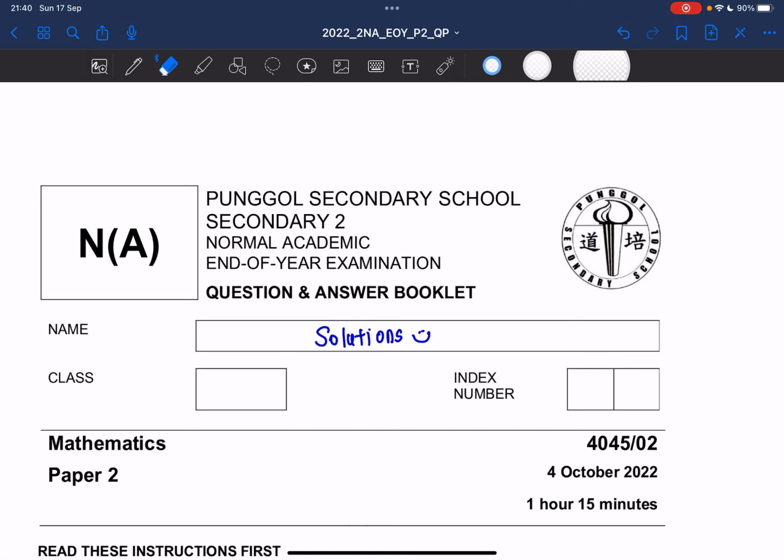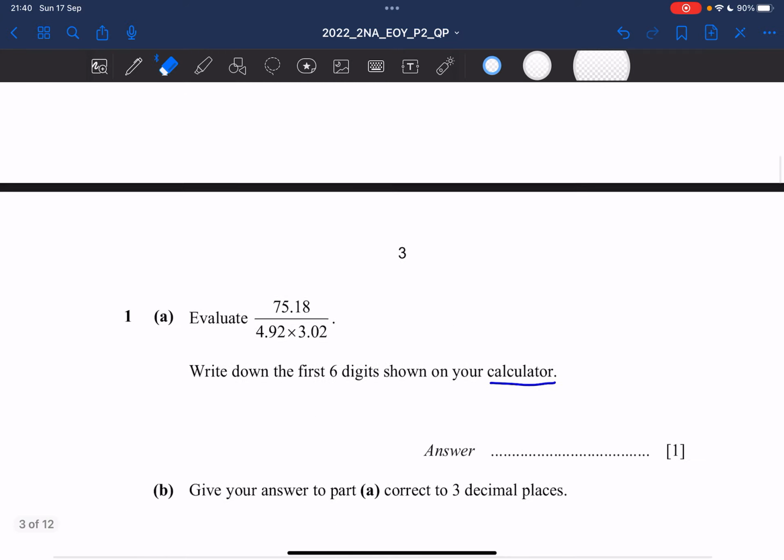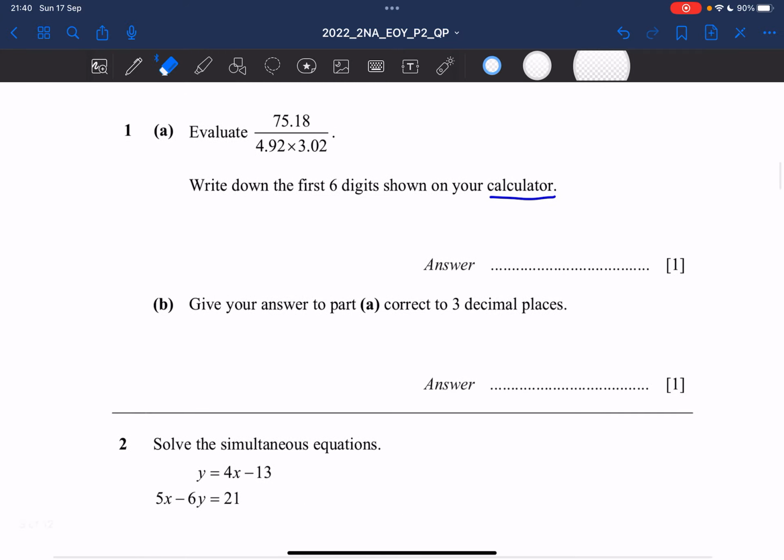Okay, so for this video, we will go through the solutions for the EOY 2022 2NA paper 2. So I hope you have your worksheets with you. So this is our first question. They told us to evaluate the question. For this question, we can simply use the calculator. So we use the calculator, we should get